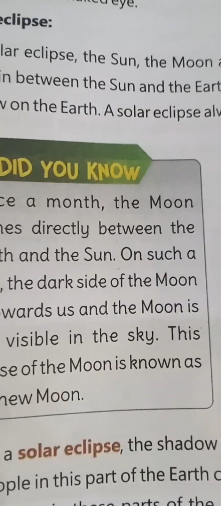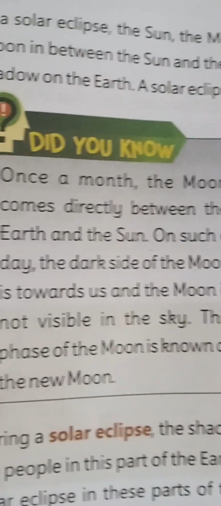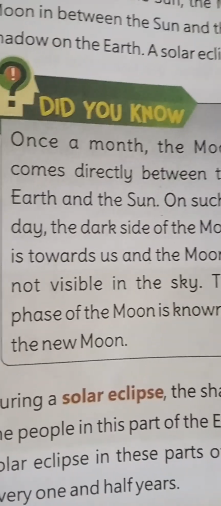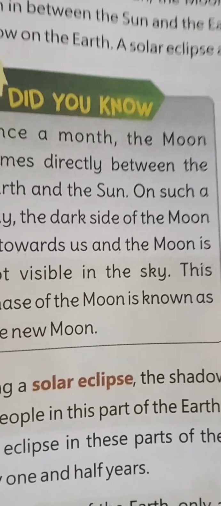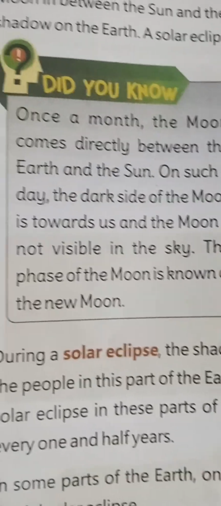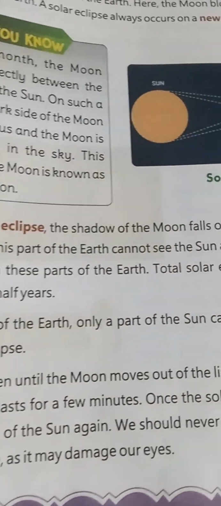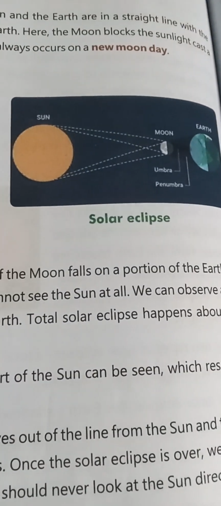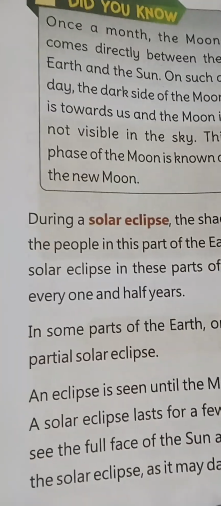Did you know once a month the moon comes directly between the earth and the sun? On such a day, the dark side of the moon is towards us, and the moon is not visible in the sky. This phase of the moon is known as the new moon. During the solar eclipse, the shadow of the moon falls on a portion of the earth, and the people in this part of the earth cannot see the sun at all. Total about once